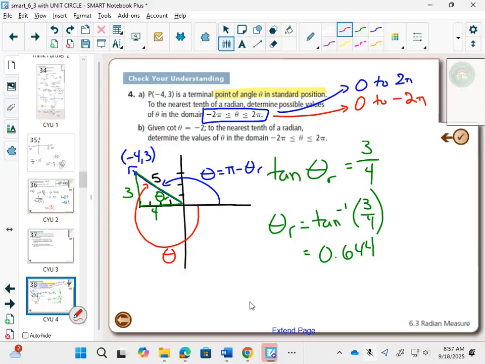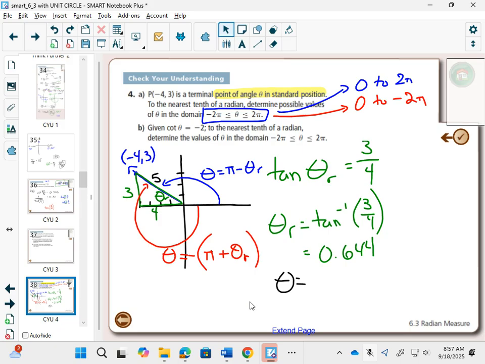So now in radians, I take that same idea, I go 180, which is pi, I add my reference angle, and whatever answer I get, I'm going to make it negative. Does that make sense? I would do 180 plus my reference angle in degrees. If I got 220, then in the end I just say, okay, it's negative 220. So now I can say my final answers for theta are going to be,